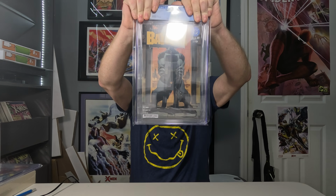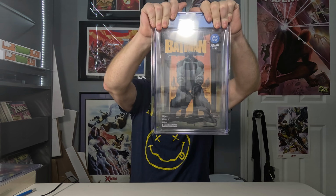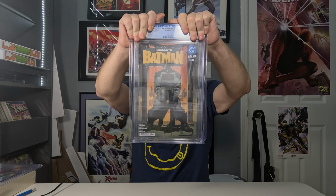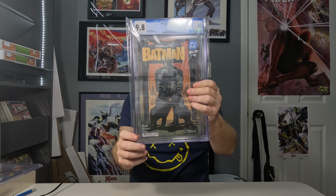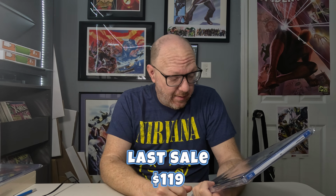First book up. This is one of the hottest books in the market right now. This is Absolute Batman #1. These books just continue to go up in value. Great story. Overall, really good book. This one is a 9.8 white pages. Again, I'm not a big fan of the artwork on this one, but man, it's a good story, and they